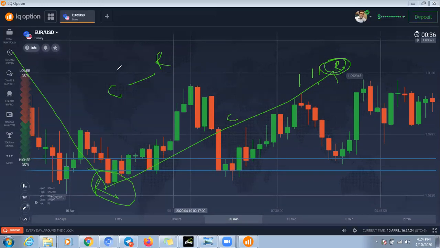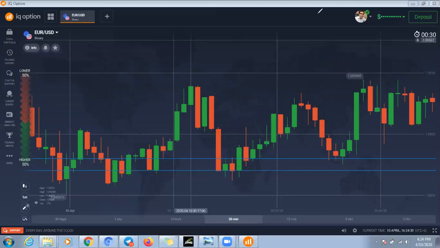Yes, ask me. Sir, sometimes when we draw the SNR level, some candles touch and reject, and when there is a gap between the closing price and the SNR level, sometimes the candle fills this gap and sometimes the candle rejects and goes in the opposite direction. I am confused with this. Okay, Shanawaz, it depends upon the pattern. If you find any pattern, you must follow the trend, and also the pattern.